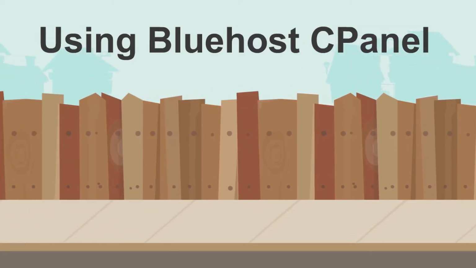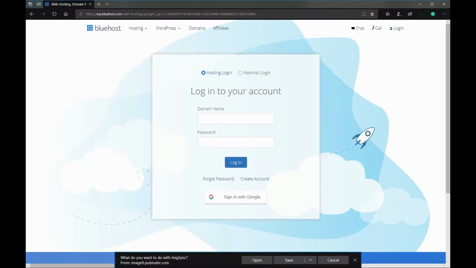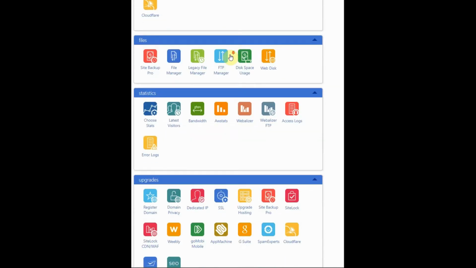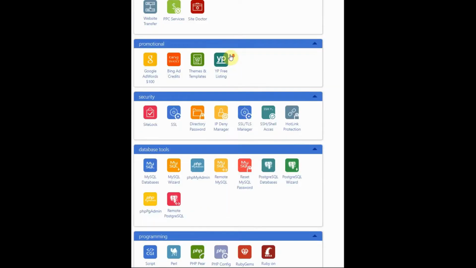Okay, this particular client uses Bluehost for their website, so you log in. We must log into the cPanel, so go and log in with your credentials. Once you have entered your cPanel, scroll down. What we are looking for is PHP config,